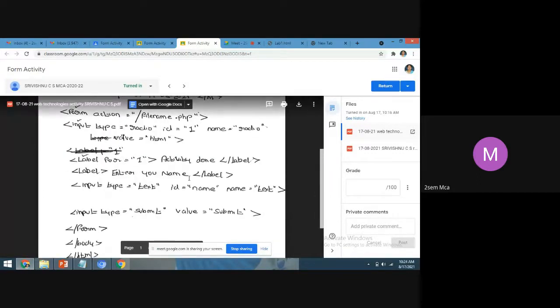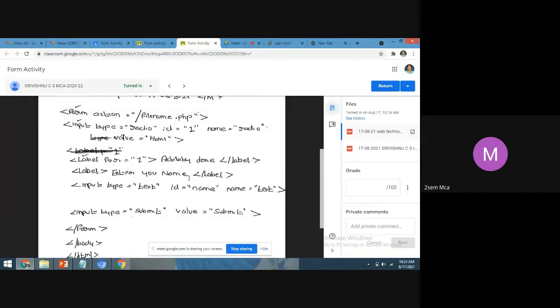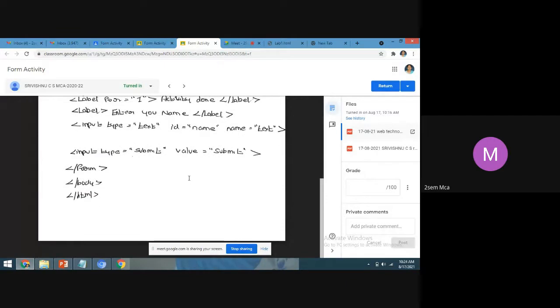See, why I told you to write the sample output: by seeing this label and input, immediately I will not come to know what may be the output. If you write a sample output, then it will be easy for any new users to understand. Correct?